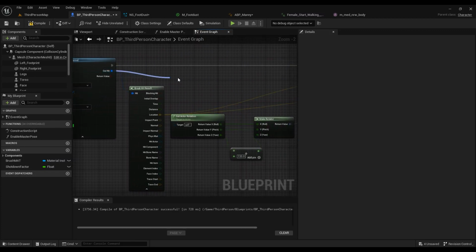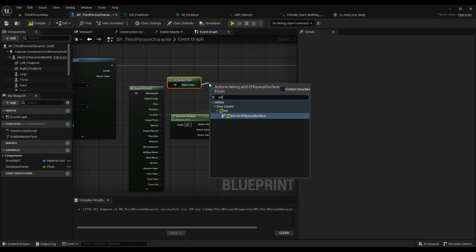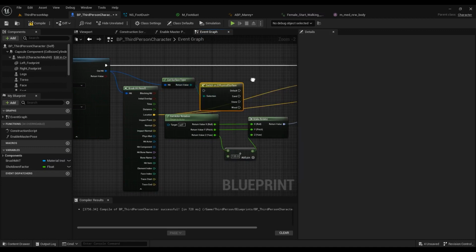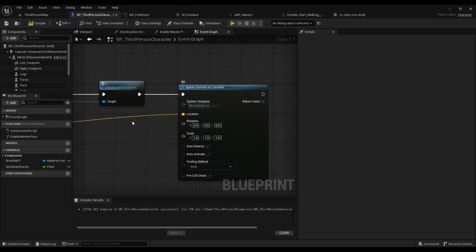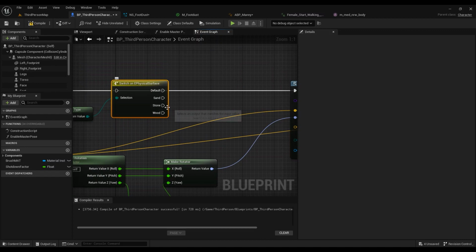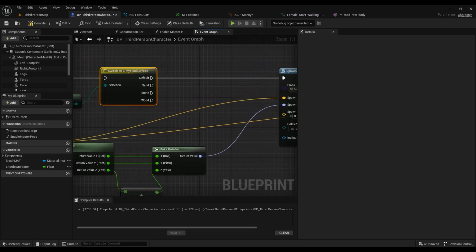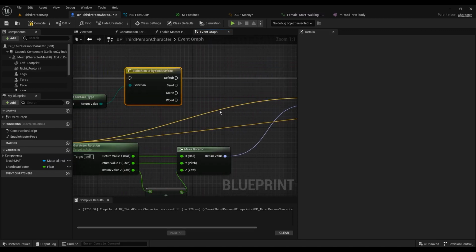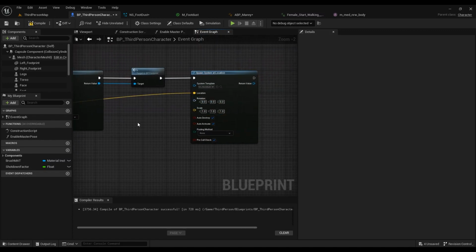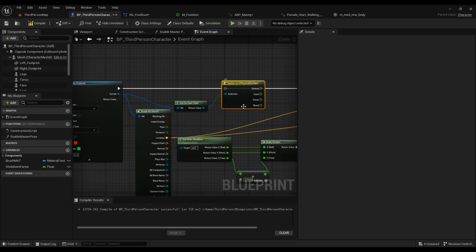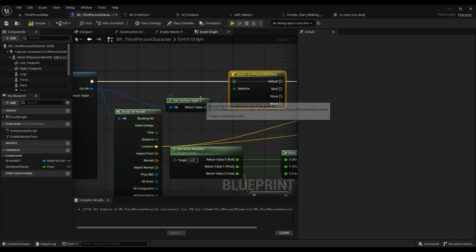Just for bonus points: get surface type. You can switch on a physical surface as well. So if it's sand, it will spawn this system. If it's stone, it will spawn another emitter or particle effect that you've created. Or if it's wood, it will probably spawn nothing, or just a sound. It's completely based on whatever you want, but if you want to use get surface type, make sure that you